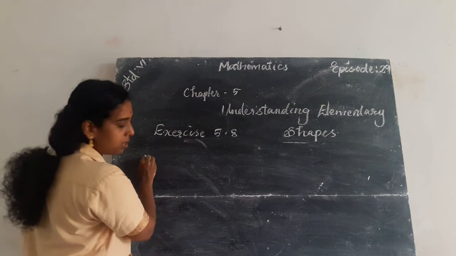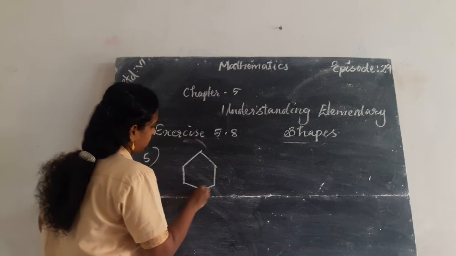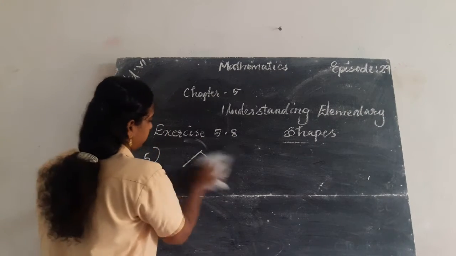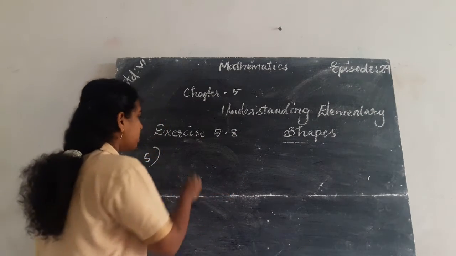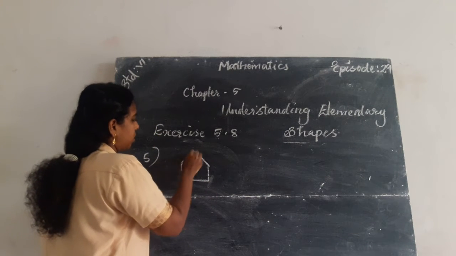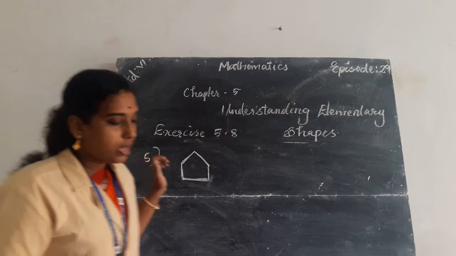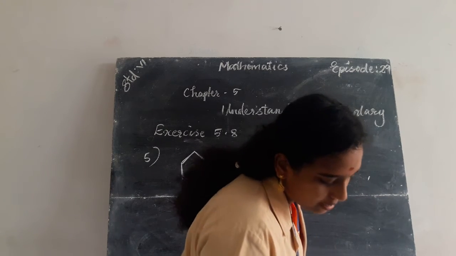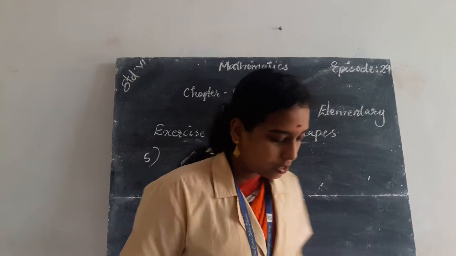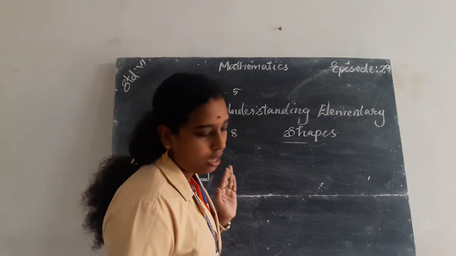Okay. So the question number 5. Polygon with 5 sides. 1, 2, 3, 4. It's a hexagon. Okay. So polygon with 5 sides is like this. 1, 2, 3, 4, 5. Okay. So here the question is, draw its diagonals. So a diagonal is a line segment that joins two vertices of the polygon.